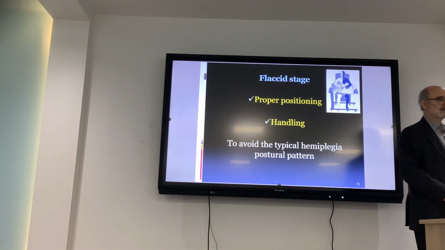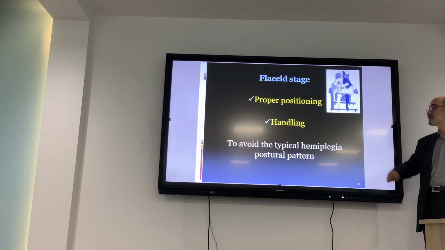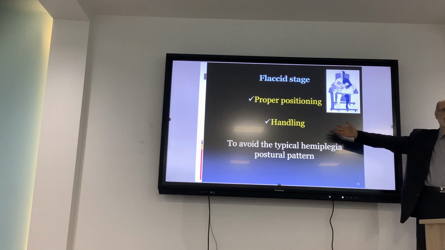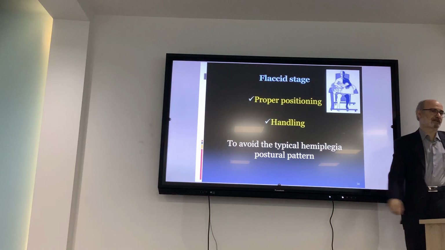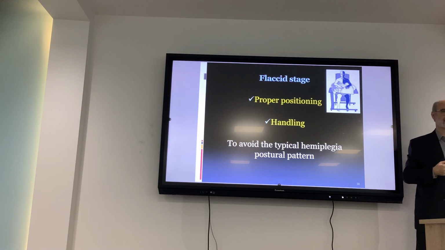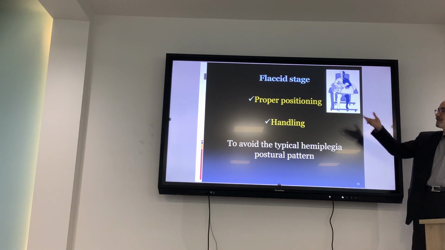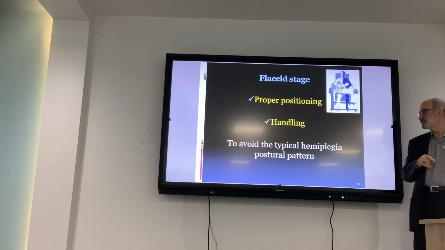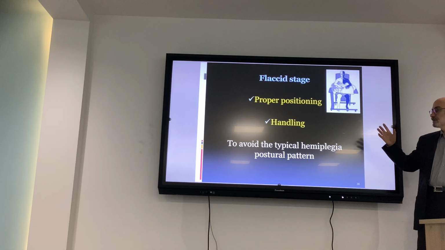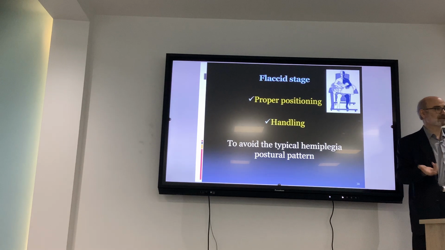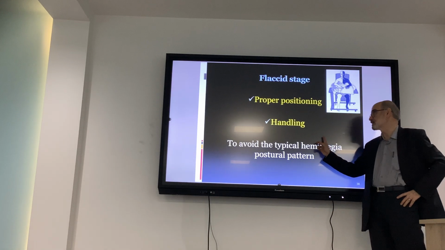In the flaccid stage, what do we have to do? Proper positioning is important, and proper handling. How to move patients with a stroke in the flaccid stage. In this way, we can control typical patterns observed in patients with stroke. Therefore,